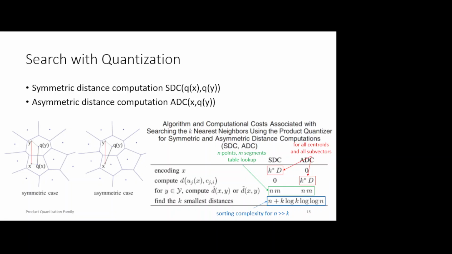We don't need to count the quantization loss for your query x. So intuitively it should be more accurate. Later I will show some experiments from the authors to indicate that the asymmetric case is indeed more accurate than the